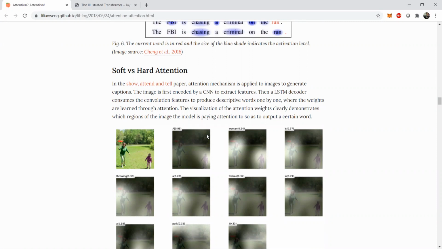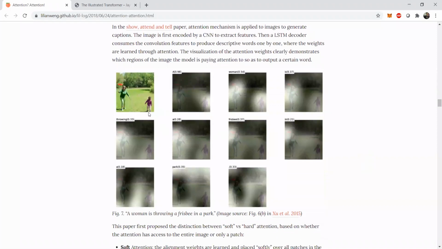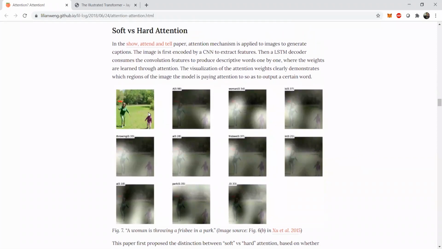This is actually a concept taken from computer vision, and one of the most important features of computer vision is that, let's say you have an image like this, and you want to blur out certain important features from it and show other important features inside of it, then that is where attention comes into the picture. So the soft attention generally gives you